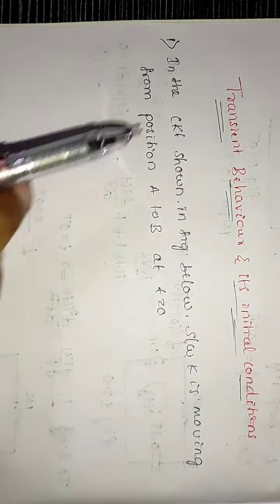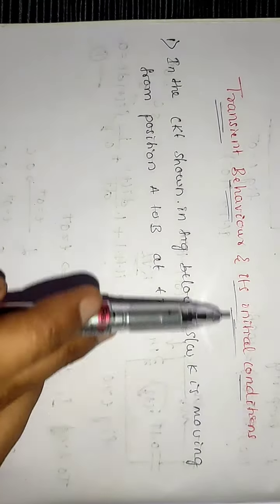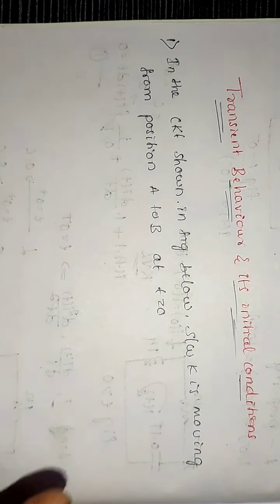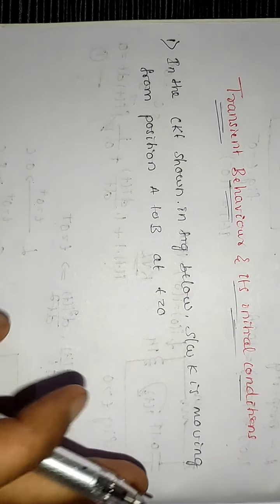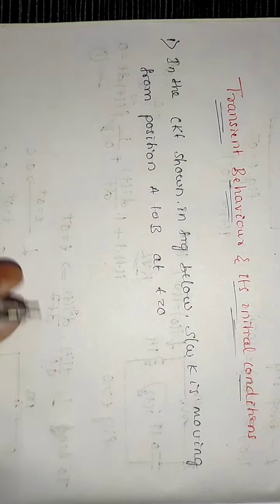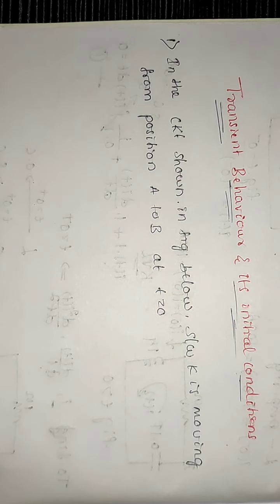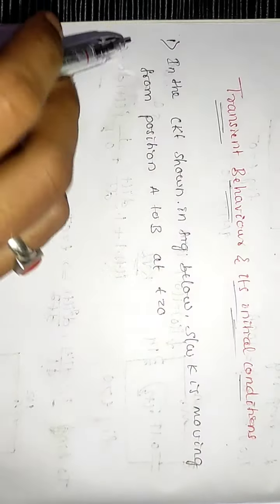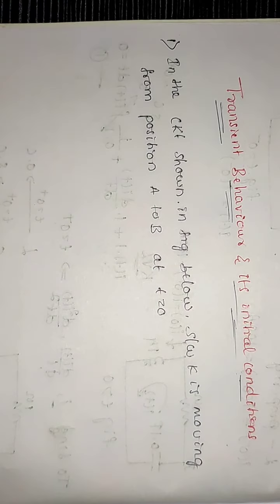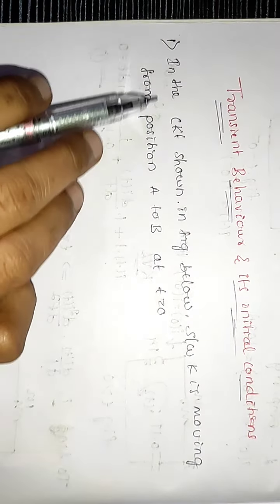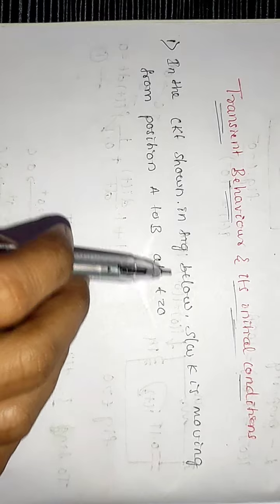Hi guys, today I am discussing problems based on the transient behavior and its initial conditions. You already have some basic idea how to solve the problems. Let's do some more problems on this chapter. Here I am considering the problem statement: in the circuit shown in the figure below,